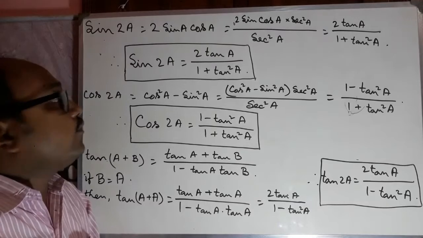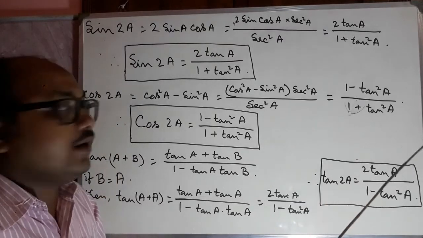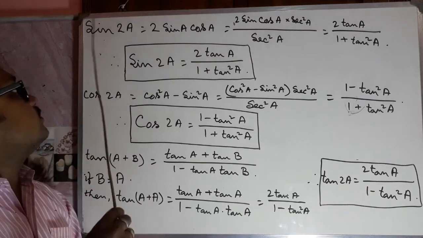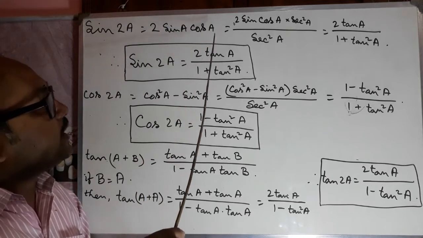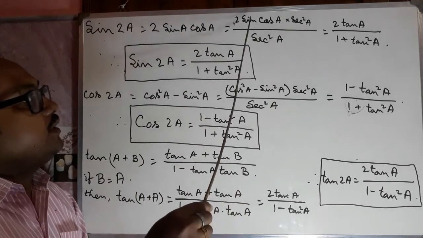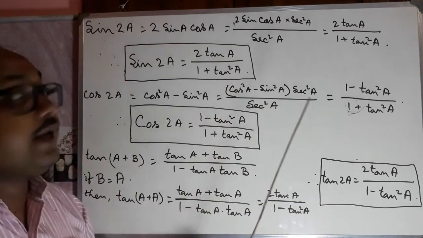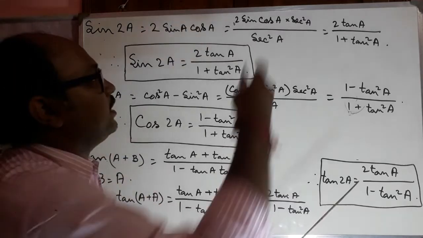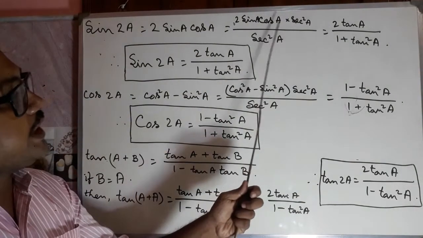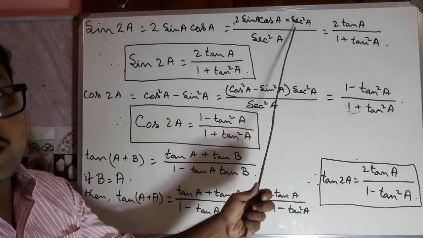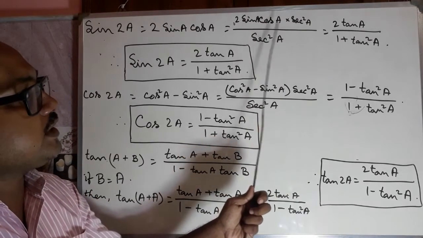Again, if we want to represent the formula of sin 2a and cos 2a in terms of tan, what will it be? We know sin 2a, that is 2 sin a cos a. Now if we multiply the numerator and denominator by sec square a, the numerator will be 2 sin a cos a into sec square a, means 1 by cos square a. So one cos a will be eliminated, that is 2 sin a by cos a, that is 2 tan a,